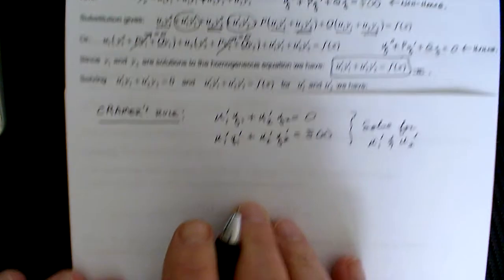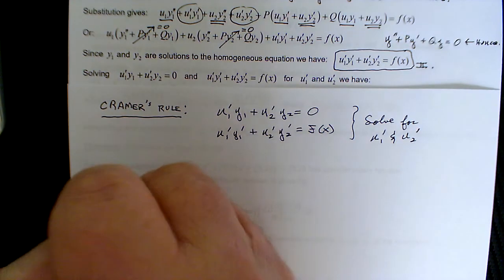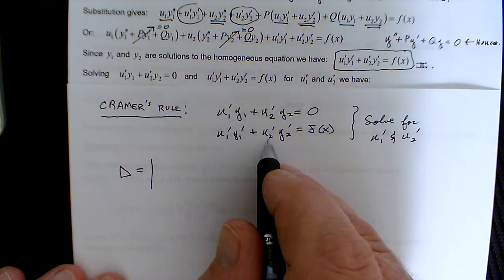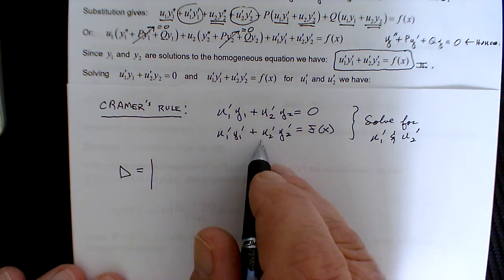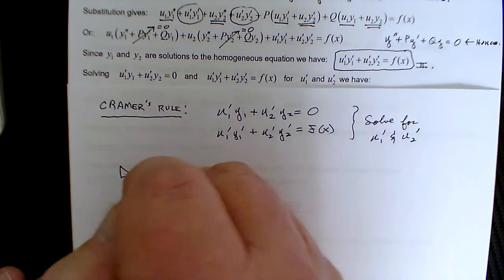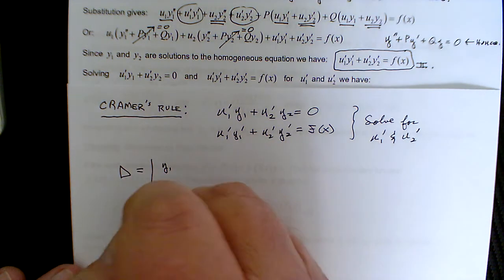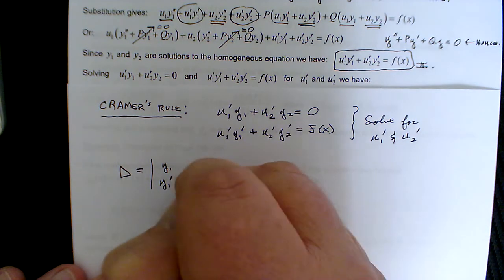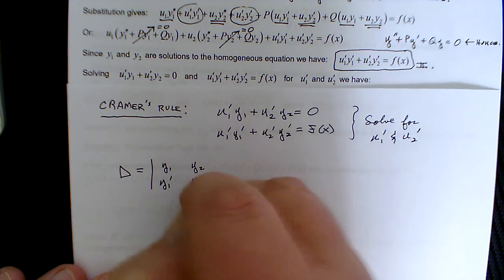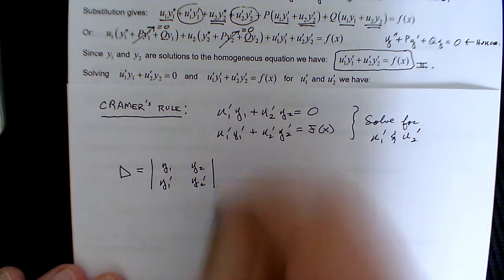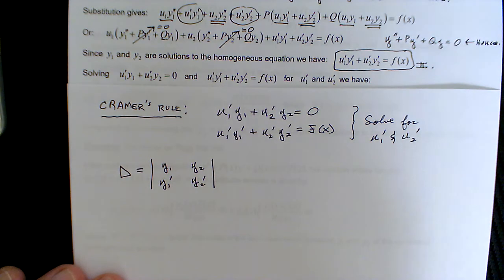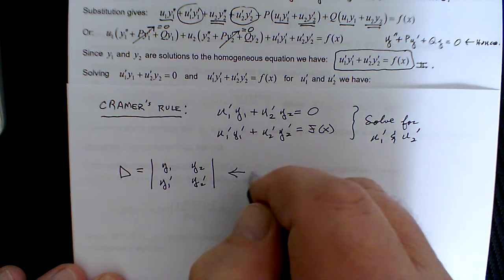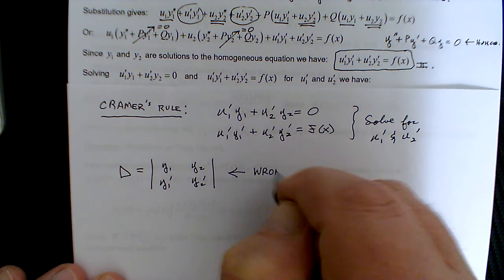So the denominator is, u1 prime and u2 prime are behaving like the x's and the y's in our Cramer's rule example. So we have y1, y1 prime, y2, y2 prime, and you can calculate that out if you like, but note that this is actually the Wronskian